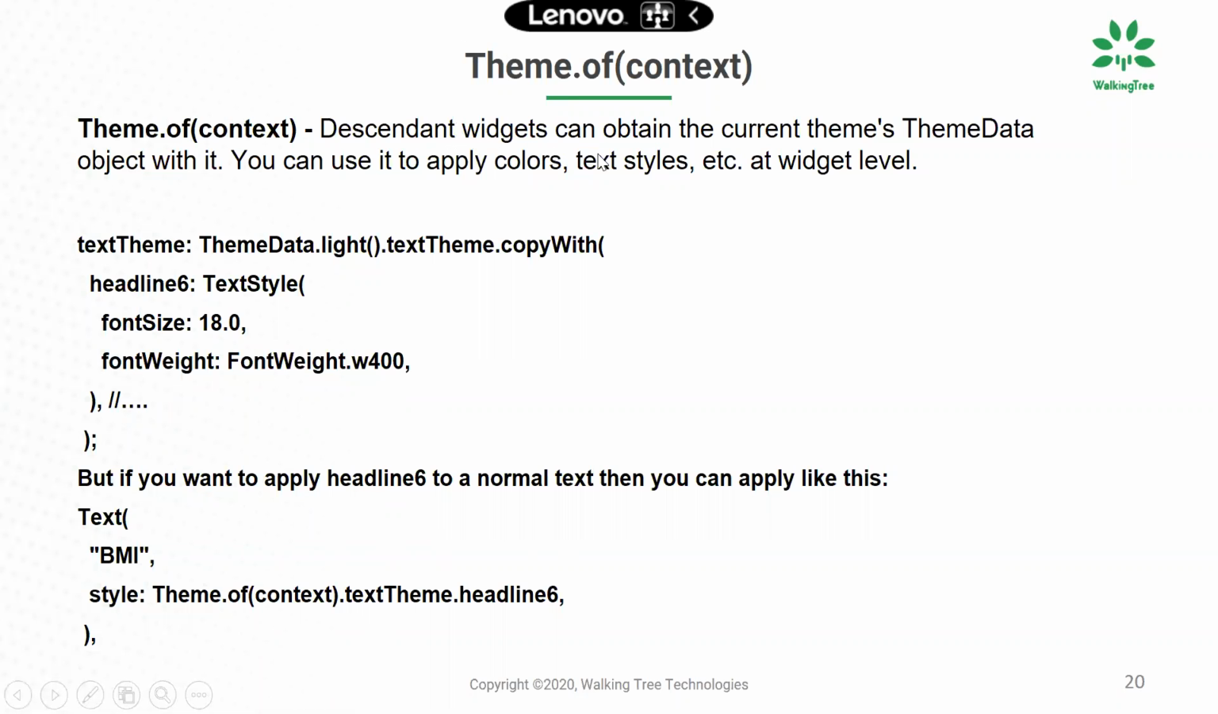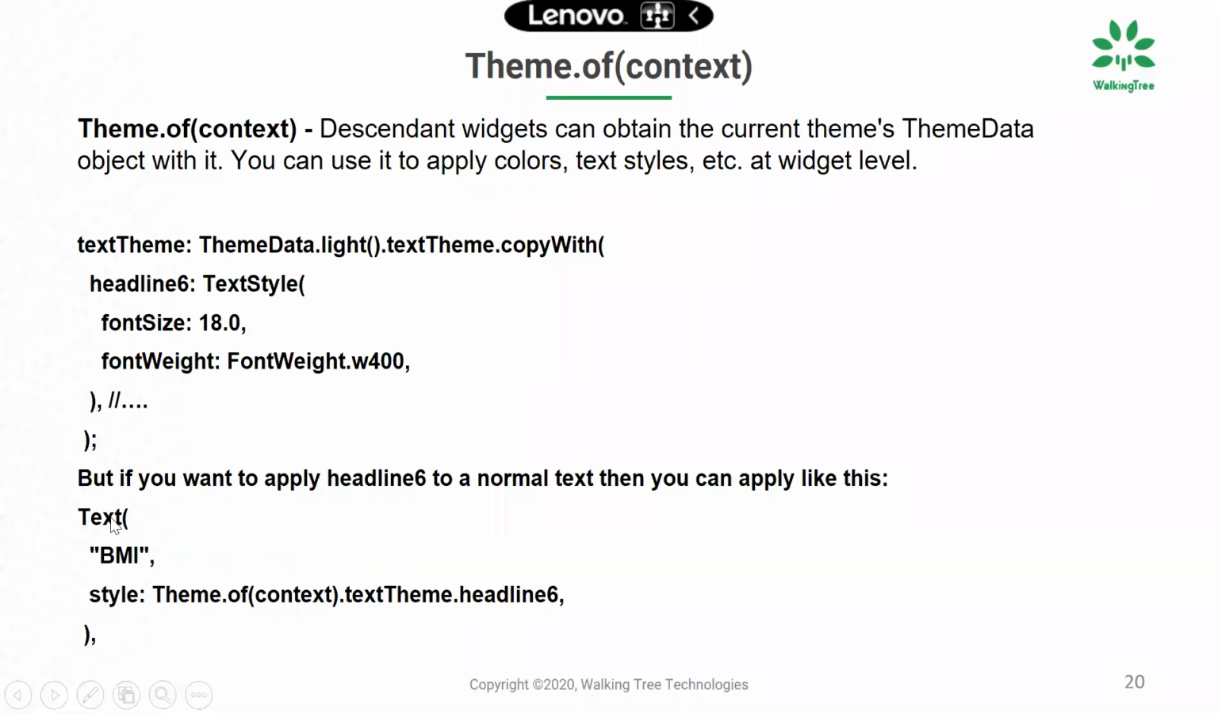So descendant widgets can obtain the current theme's theme data object with it. You can use it to apply colors, whatever we have configured, we can apply because we have that object with us. So we can use its property and we can apply it at widget level. For example, let's say in the text theme, we have said ThemeData.light.textTheme.copyWith